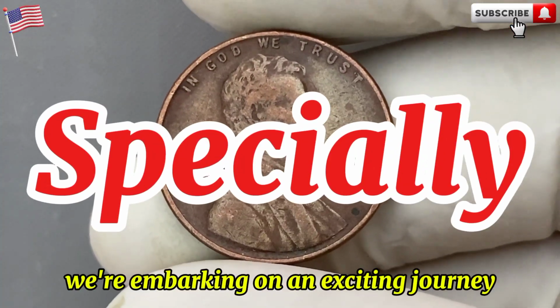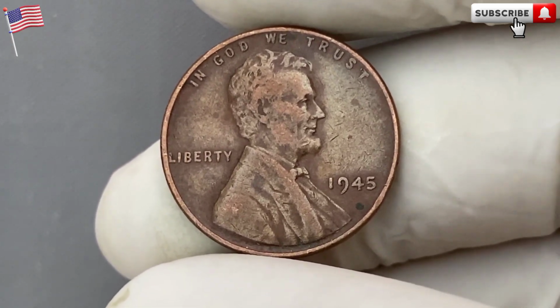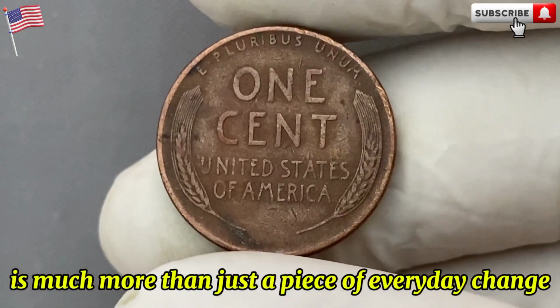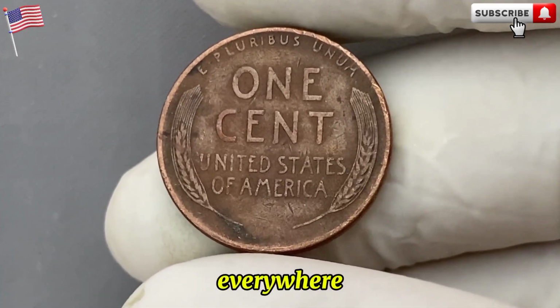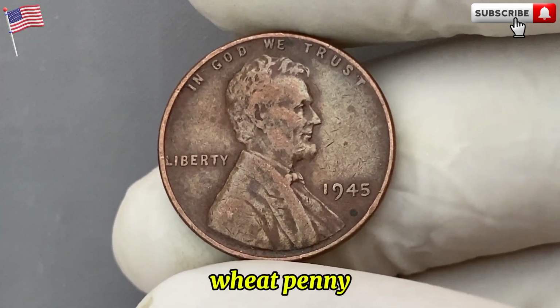Especially, we're embarking on an exciting journey to explore one of the most fascinating and highly sought-after coins in American numismatics, the 1945 United States wheat penny. This small copper coin is much more than just a piece of everyday change. It carries a rich history and unique features that have made it a prized treasure for collectors everywhere. So, listen closely and enjoy as we uncover the secrets that make the 1945 wheat penny a standout in the